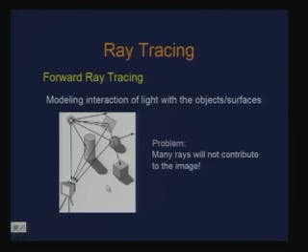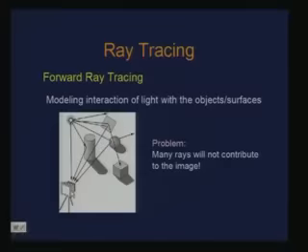Now, the problem which we observe here is that there are too many rays which are coming out of, let us say, a light source or many light sources, which may or may not contribute to the formation of the image, just because of the fact that many rays may not get intercepted here. So, the effort which is being applied here is perhaps too much for what we just count for the image. So, this is not perhaps an efficient way of generating an image.